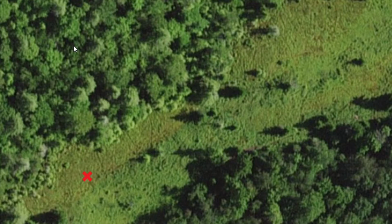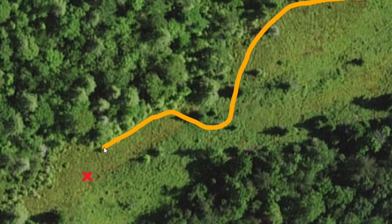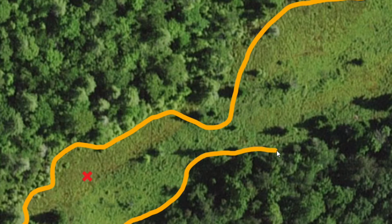They're made up of red dogwood and buttonbush and elderberry and wild highbush blueberry and other wet loving trees and shrubs. And then there is this area, and I'll draw the transition here for you, of an actual, I guess the best way to describe it would be that it's not really a swamp, it's more of a marsh. And the reason I call it a marsh is because it's made up almost exclusively of